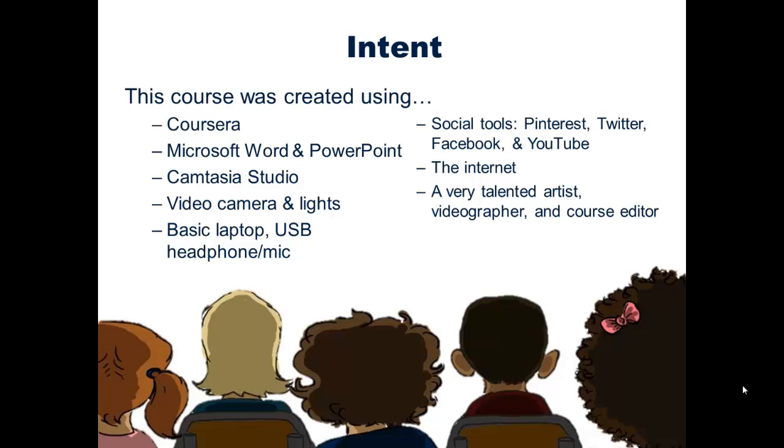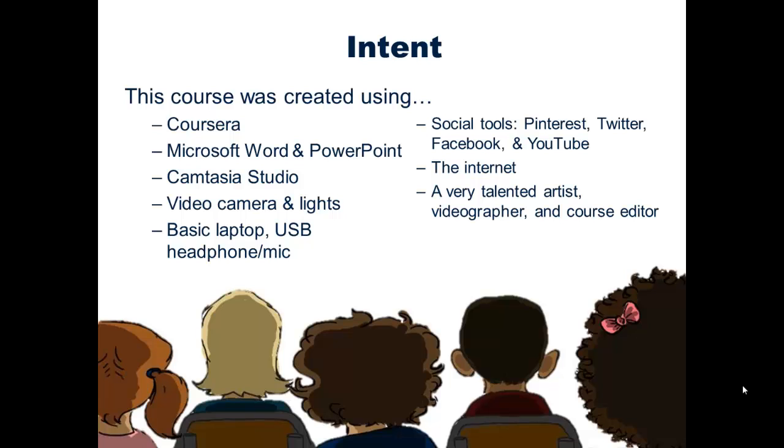So if you wanted to create one, even using your own home technologies, you certainly could, but once again, we're using Coursera as the flavor of choice in this case. This was also created using Microsoft Word and PowerPoint. I did not use any other document creation technologies beyond Adobe so that I can make PDFs of all of the materials in here for you.